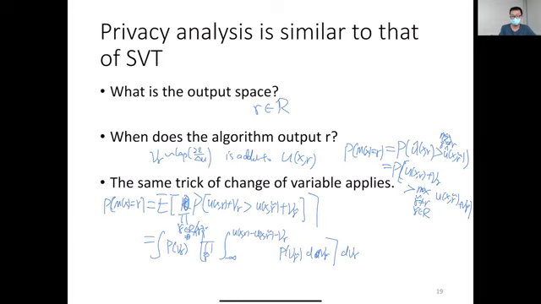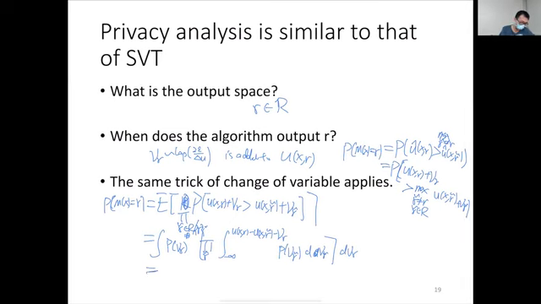Okay, and the trick is the same trick that we used in the above threshold analysis: to define an auxiliary variable. Let's just call it nu, without subscript, and define this auxiliary variable to be nu R plus 2 delta. Then we can replace every nu R with nu minus 2 delta, and the product of R tilde and minus nu R, minus nu, minus 2 delta, P of nu